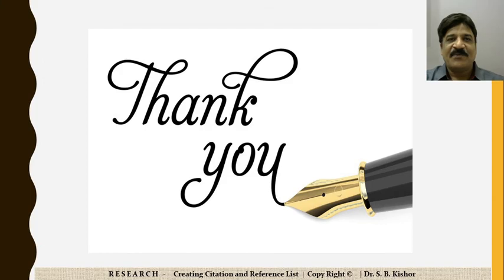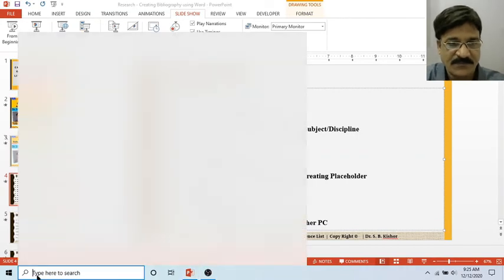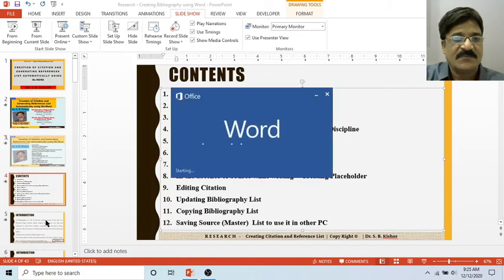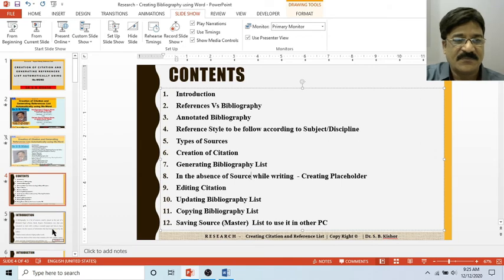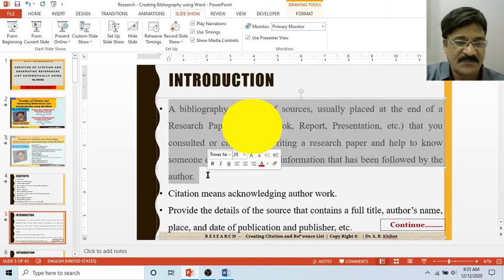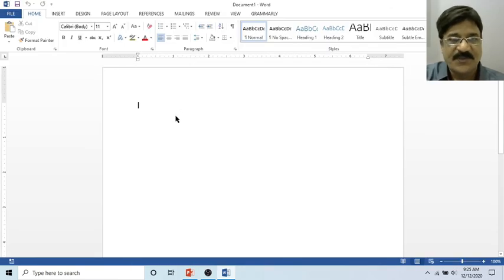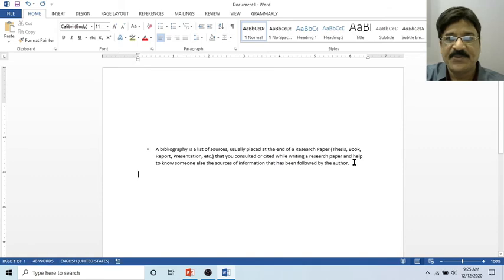Now it's time for the practical session. Assume that I have copied this information from one of the sources. So what do I need to do here?